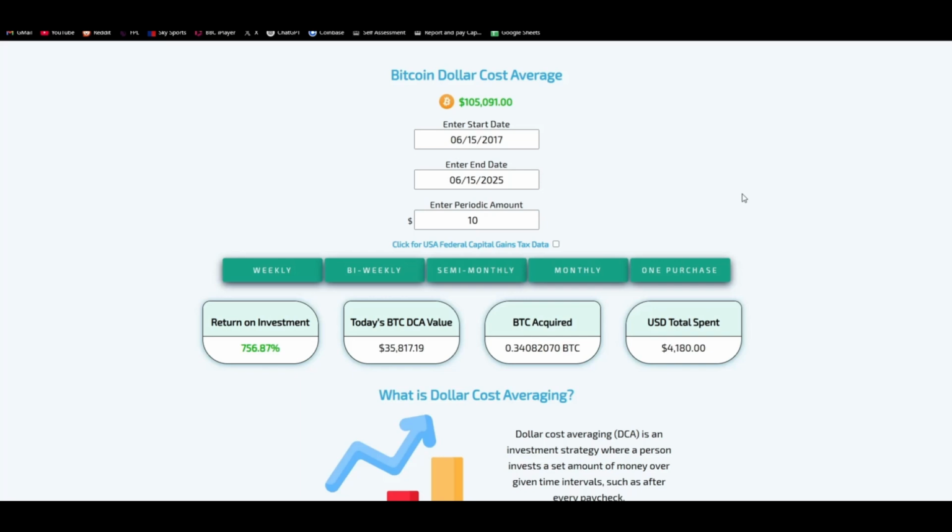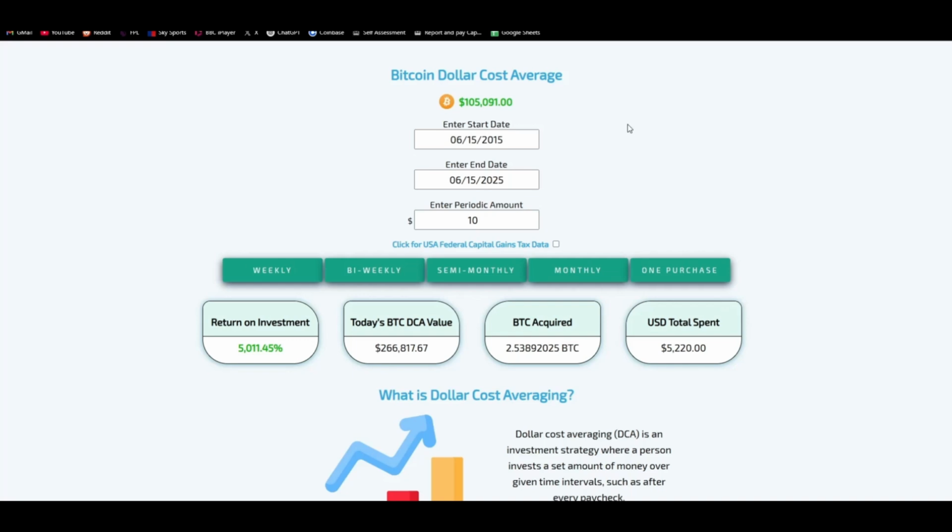I'm using this tool called bitcoin-dollar-cost-average.com, which is a really great tool to help you visualize and see firsthand the power of dollar cost averaging over a set period of time. So let's use, for example, 10 years ago today is when we started our Bitcoin journey, hypothetically. Let's input that here, and today is the 15th of June. So let's keep that 10 years ago being 2015. The end date is obviously today, and a periodic amount of $10, let's say on a weekly basis. You can see that you would have invested $5,220. You would have acquired 2.53 Bitcoin, which is a great amount of Bitcoin, and that would be worth $266,000, yielding a 5,000% return on investment.